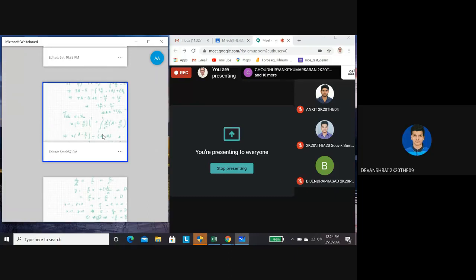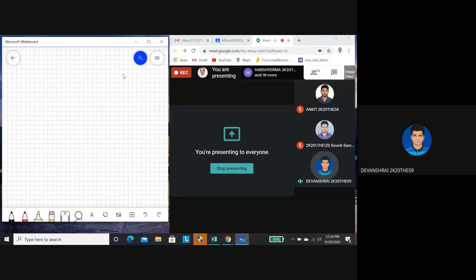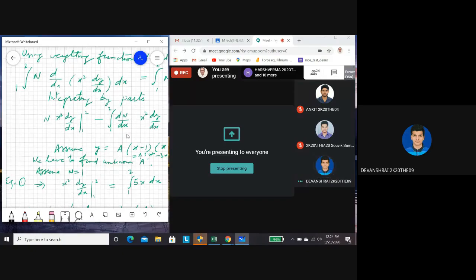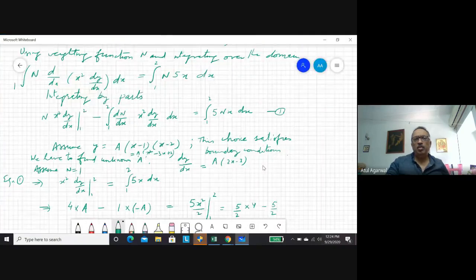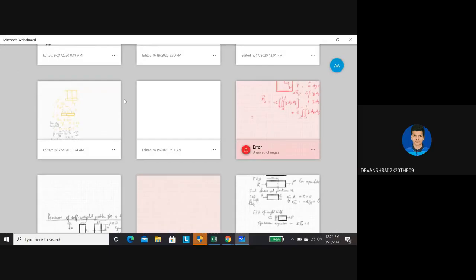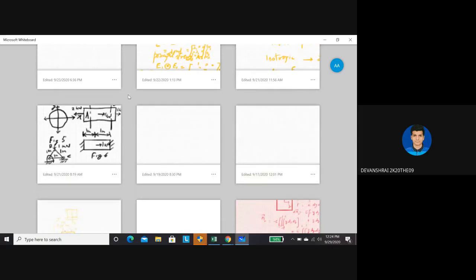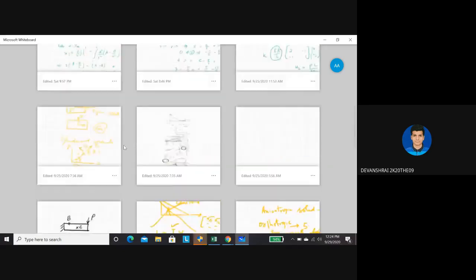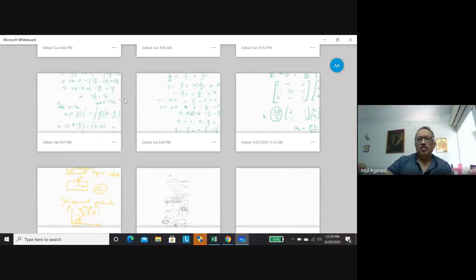Sir, then we'll have to continue doing this until we satisfy the equation. I took different values of n. Initially y is equal to a. I took y is equal to this. So I had only one unknown. So I can take only one, n is equal to 1 or n is equal to x. Only I can take one choice because I want to find only one unknown. Sir, if we take y as a quadratic equation, then we'll have different values of n. We'll see what you're saying. Okay.